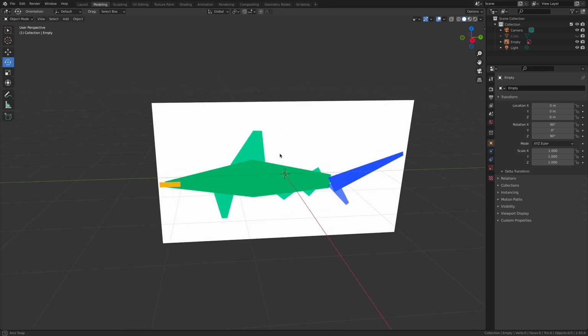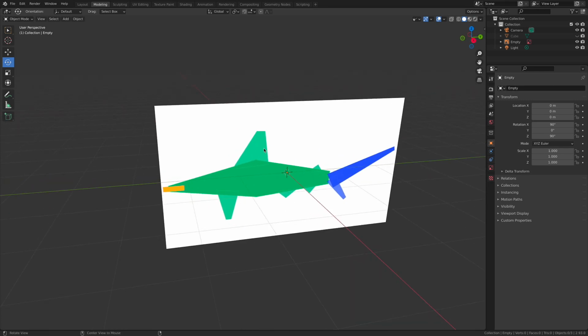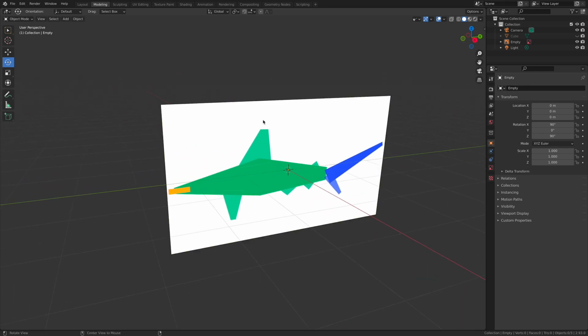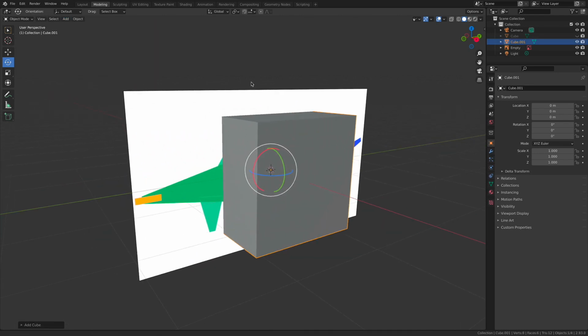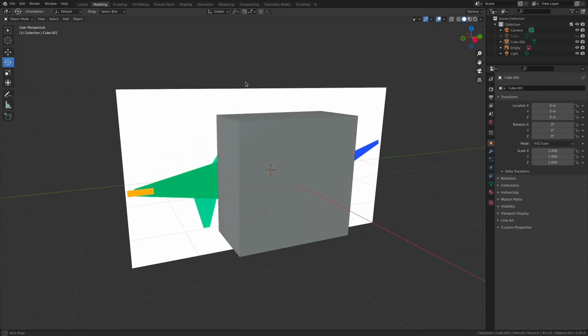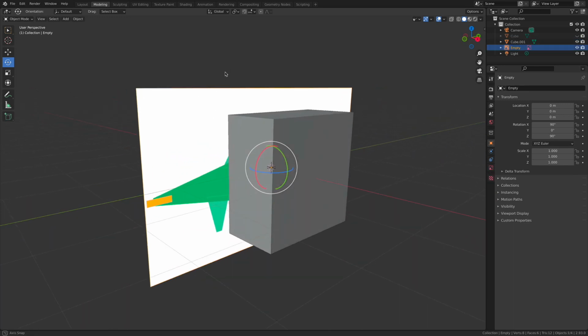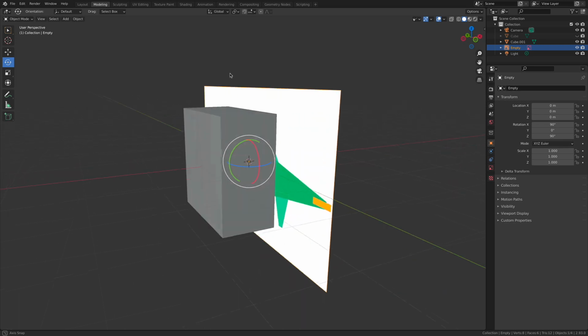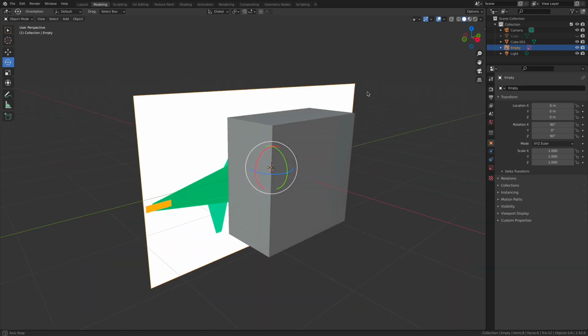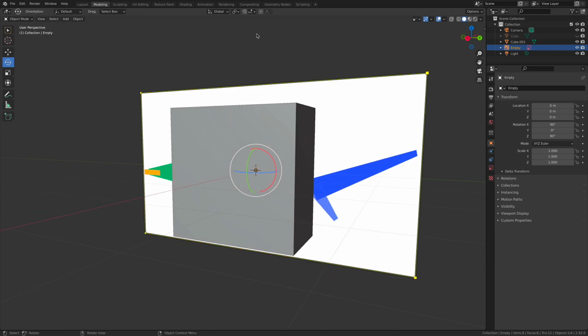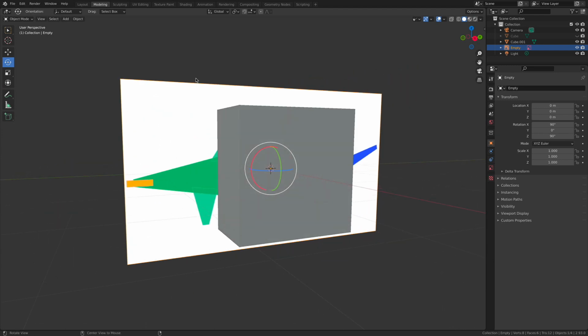Okay, so this is starting to look pretty good. I'm pretty pleased with how all of this is beginning to work. If we were to add in a small cube, though, you're going to see the next big problem that we have when working with reference images: they're not transparent. We can't see through the image to the entirety of the cube. So we need to do some additional adjustments to our reference image so that it really can become a critical part of our 3D modeling process. And luckily for us in Blender, it's wicked easy to do this.